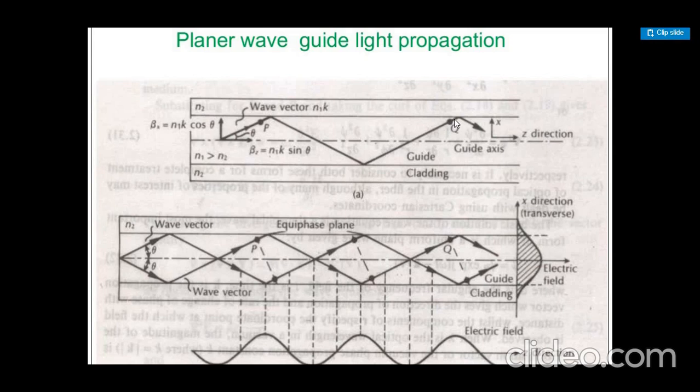So when we want to pass this kind of light towards its end, we are passing a light making an angle theta, so beta 1 is equal to n1 k cos theta, because we are considering the adjacent side, this part, n1 k cos theta. This adjacent ray we are talking about. So that's the reason: if it's the adjacent side, it's cos theta. If it's the opposite side, it's sin theta, right? So by using this, a single light, we passed it.